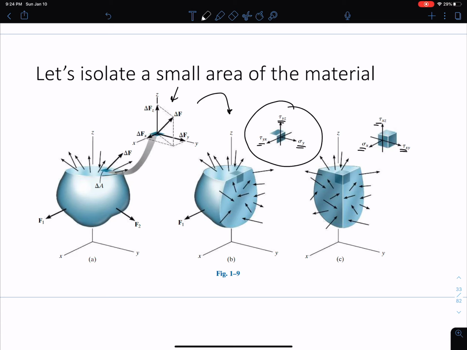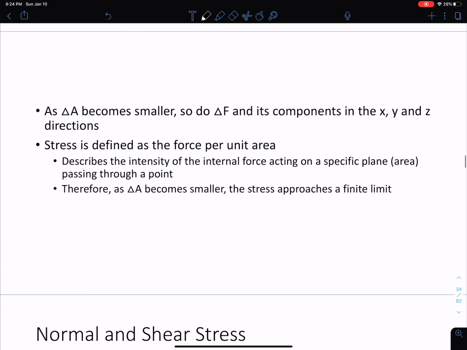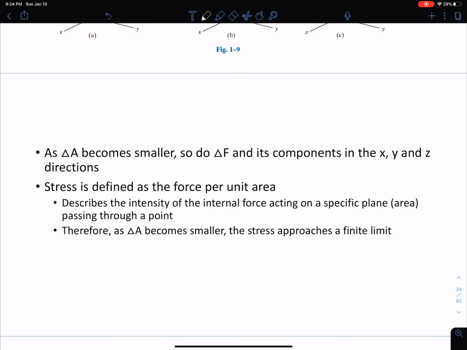So all of these forces contribute to a resultant force. These forces, if we look internally in the system and open it up, are contributing to stresses. As delta A becomes smaller, whenever we're isolating differential elements, we want to look at these limits. When we look at a limit, you want to think of taking an integral, right? As we decrease this little area that we're looking at, so does delta F and its components in each of the X, Y, and Z